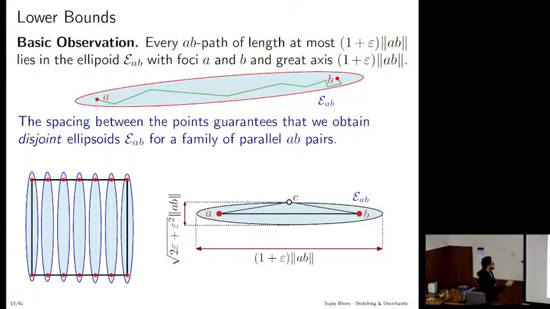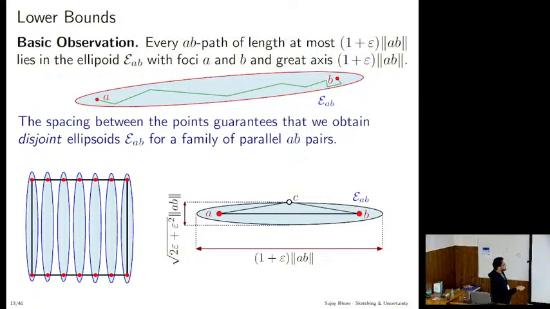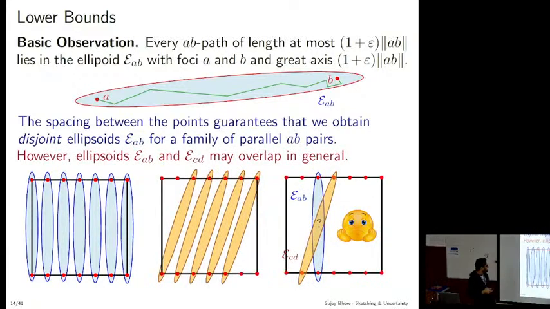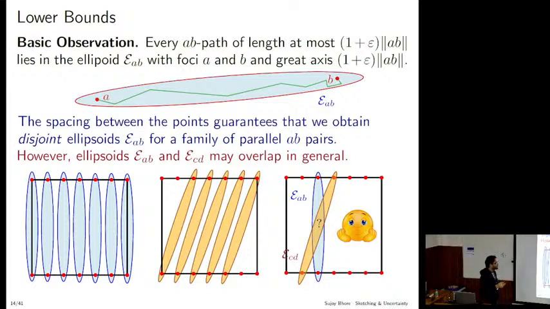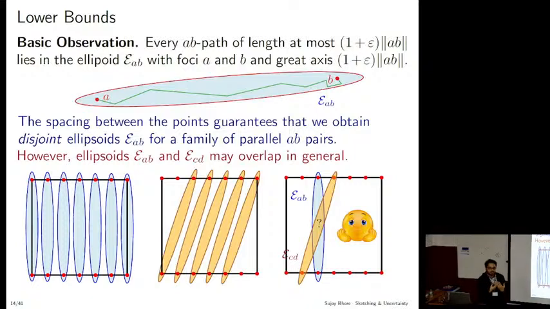That's very good, because now we forget about the points actually, we can charge these ellipsoids, right? So if you have this kind of parallel ellipsoids, they come for free in the lower bound. But that's not all. You also have this kind of slanted ellipsoids, because you have these parallel pairs, not just the parallel pairs but also other pairs. And there is a problem, because you can have a lot of ellipsoids that have a common space. And maybe in the lower bound we are charging again and again, and how do we fix this?